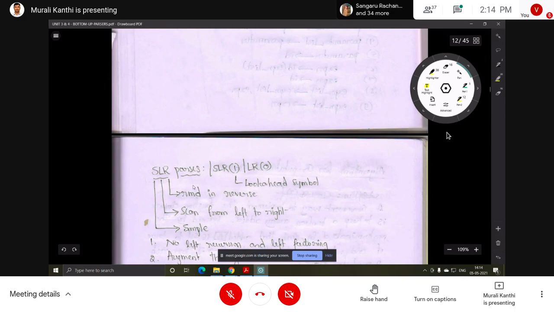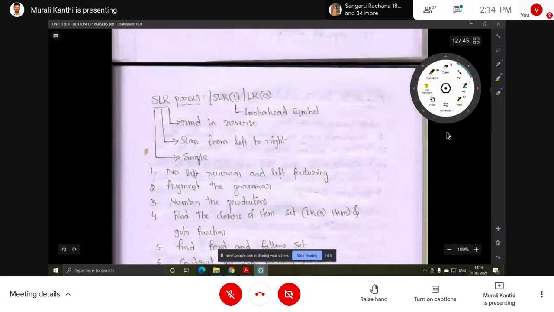So we see in the bottom up parser, and in the top down parser, some steps I have already shown. First, the grammar should be free from left recursion and left factoring. That is the first step for LL in the top down.